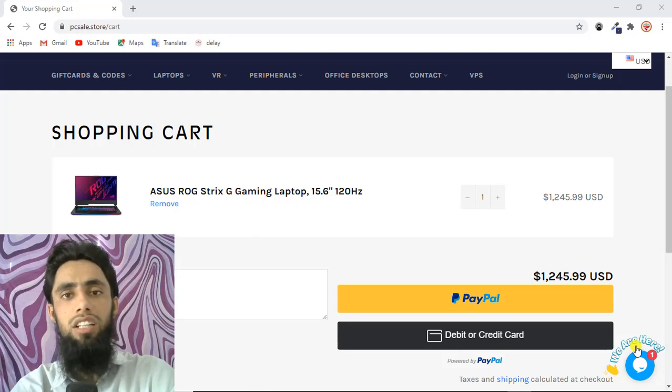So the checkout file is disabled, because of which we cannot edit the code. I have done some research, and finally I ended up with a solution. In this video I will show you how you can add your custom code, and as you can see on the screen, I have a PayPal simple button and a debit and credit card button.